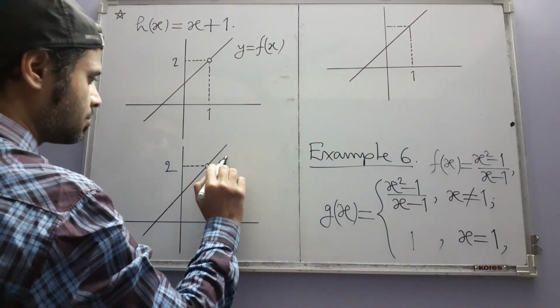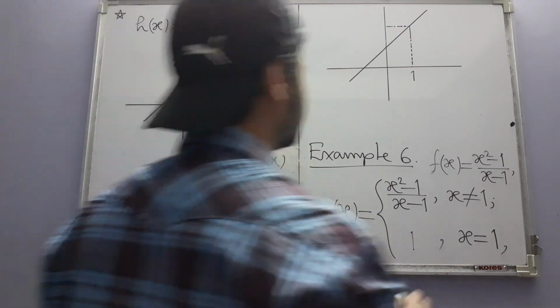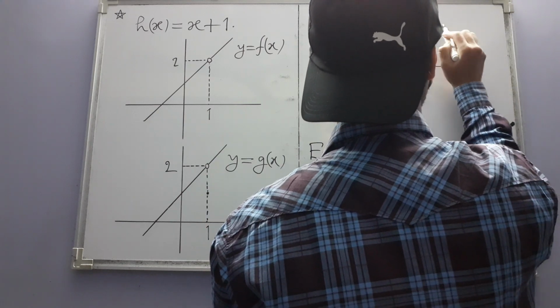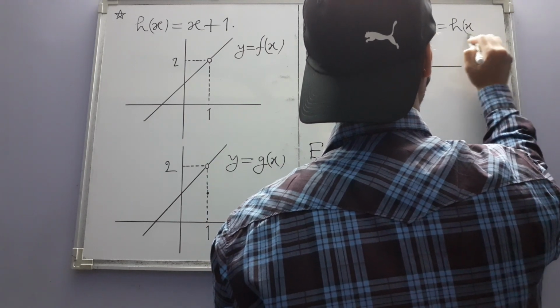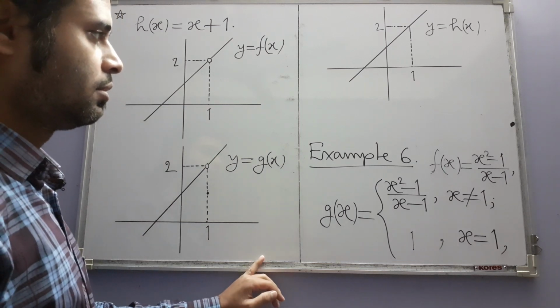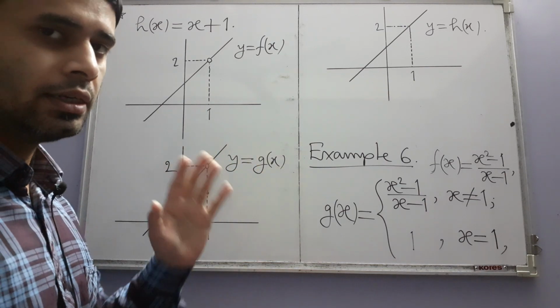So this is y is equal to g of x, and this one is y is equal to h of x. Okay, so the graphs make sense, and now we can clearly see from these three graphs that in all of